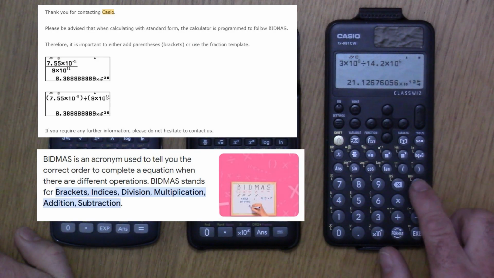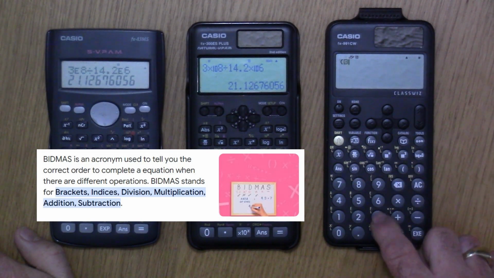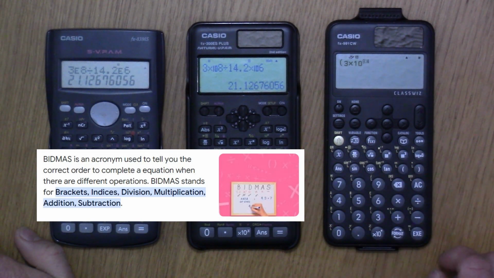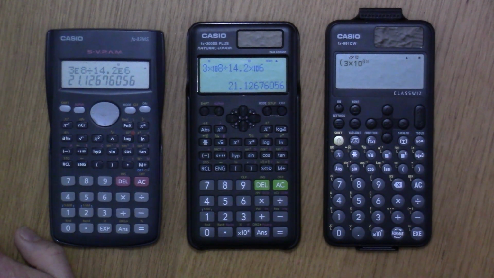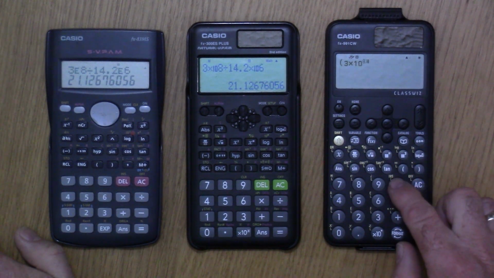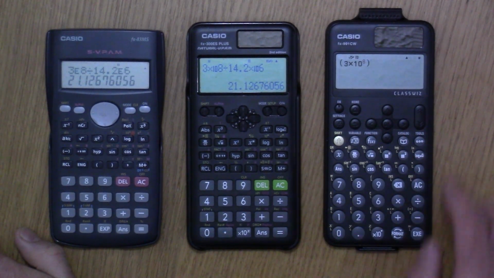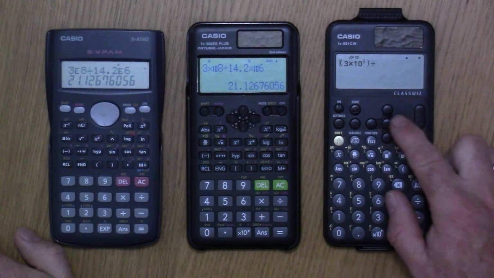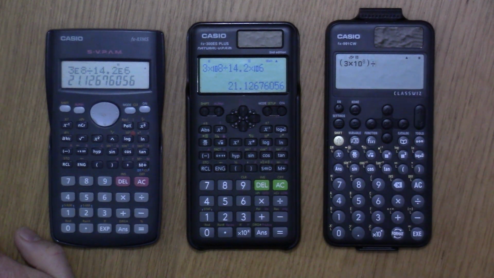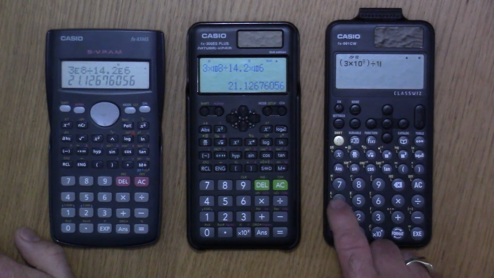Okay, so let's do this again. We'll clear it. And we'll open brackets, 3 times 10 to the 8, close brackets. Now you'll notice it's closed it with a small one next to it there. That's not right. So we have to go back, put a space in, close the brackets. So there's one thing, you have to remember to put the space in there. I'm going to do divide, and again you have to put a space. Again you have to do the same thing on this side. So it's 14.2